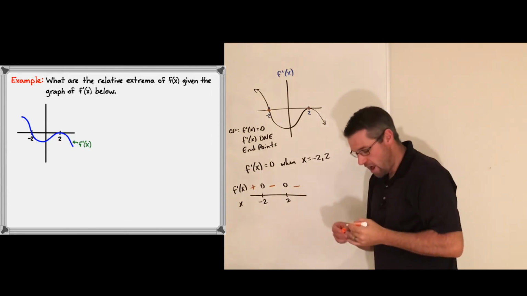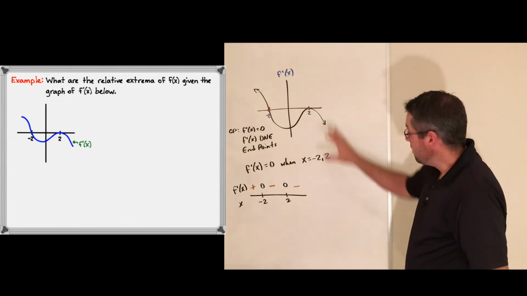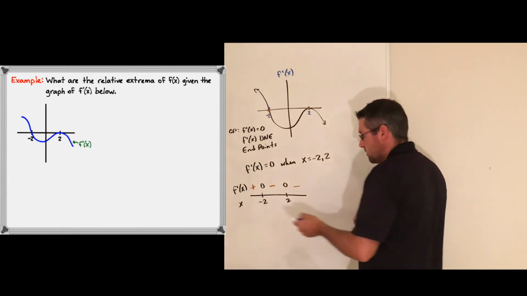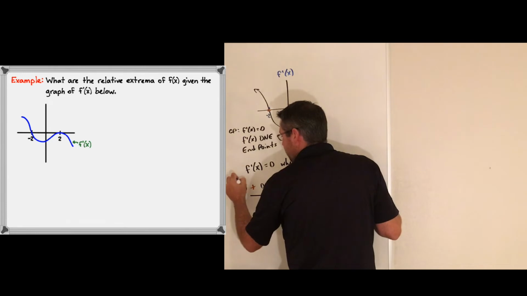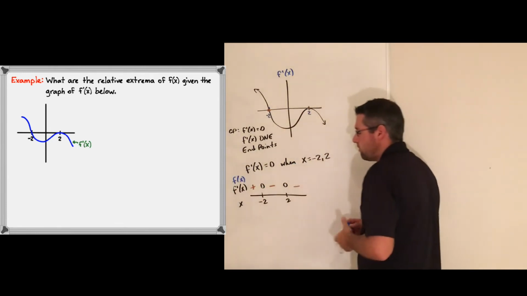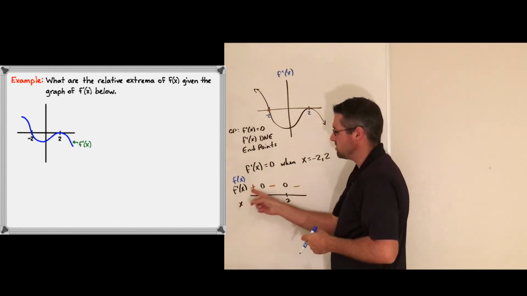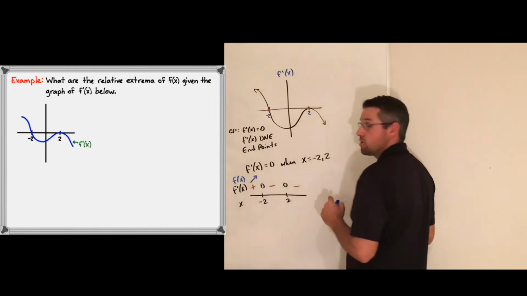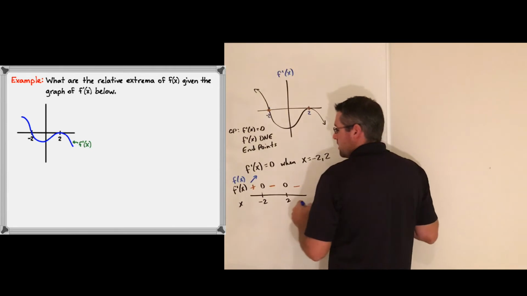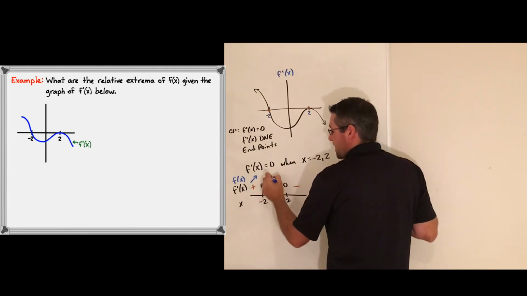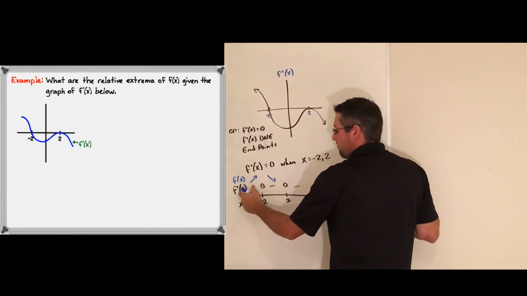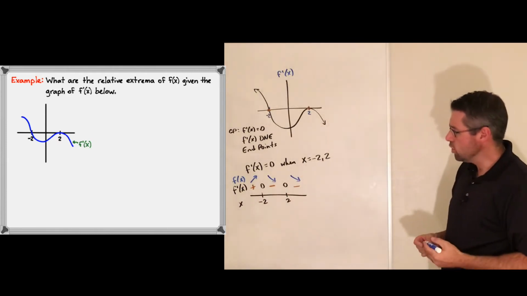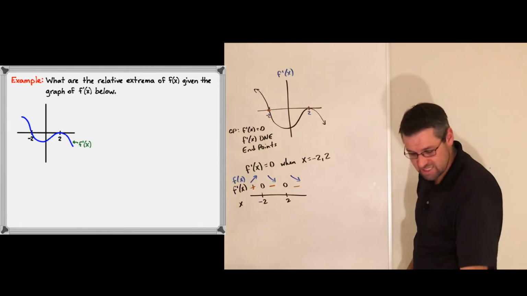So for the graph of f prime, we're looking at f prime here, we see positive values, negative values, and negative values. Now for the graph of f of x, if we were to go backwards now, if f prime of x is positive, that means f is increasing. If you remember the chart that I showed you the other day. If f prime of x is negative, that means f is decreasing. So looking at these places here, we would say